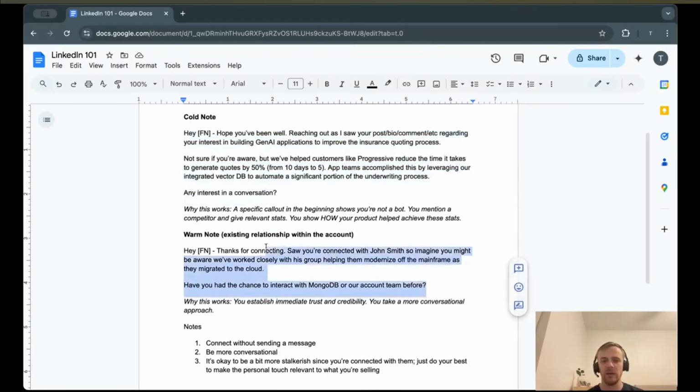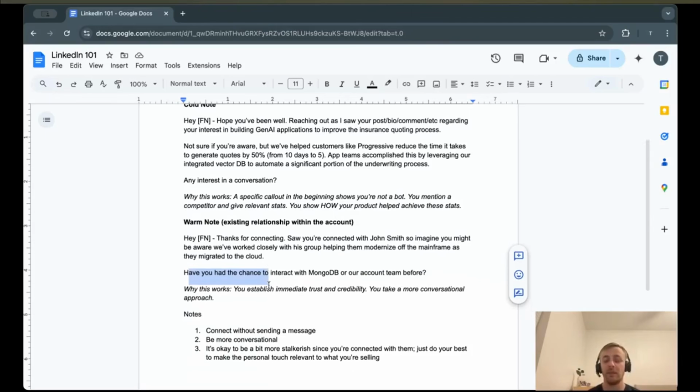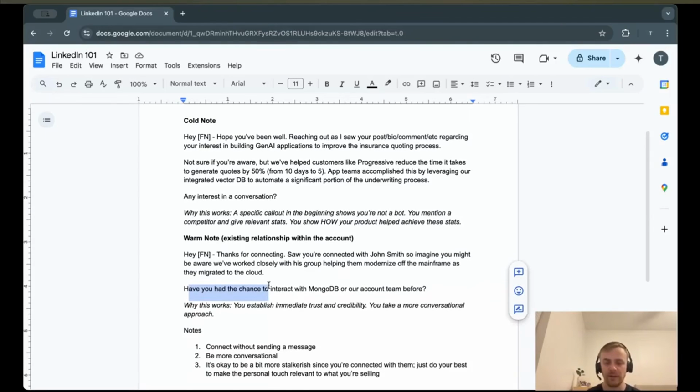Here, I'm trying to come in with more of a relationship, ask them some questions, kind of time into a conversation, and then get a meeting that way. Maybe have them answer a few questions back and forth, and then get a meeting. So that's my approach. I think it's really effective, and hope you guys find that it works for you.